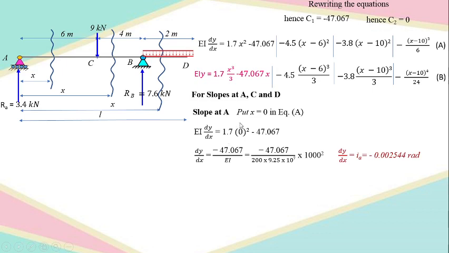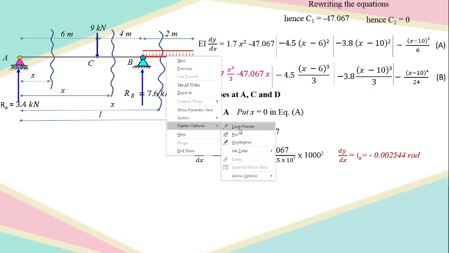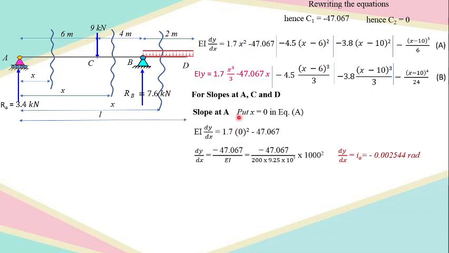So here you can see only the first term has been taken into account. Why is it so? Because if I have x is equal to 0, it is related to the first AC, that is for the first point A, where only the first section is valid. So I have taken only this much of the part. I have put the value of x is equal to 0, simplified it and got the slope in terms of radians. So simply by putting these given values and multiplying by this particular factor 10 square, you will be getting a value in terms of radians. So that is the slope at x is equal to 0, that is at point A.